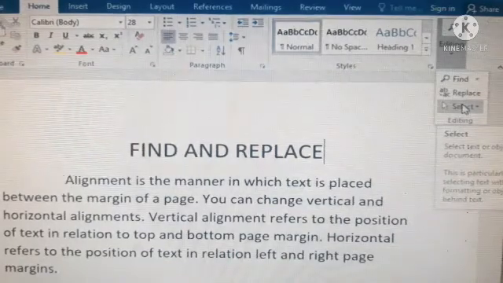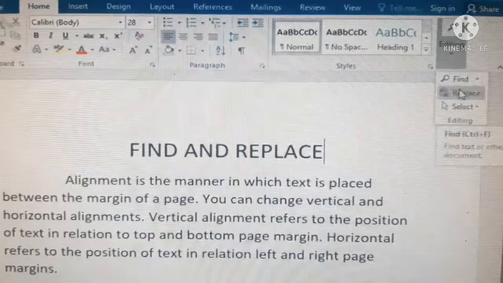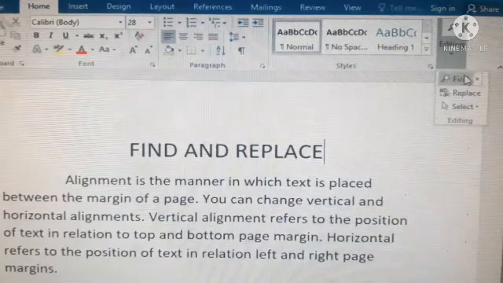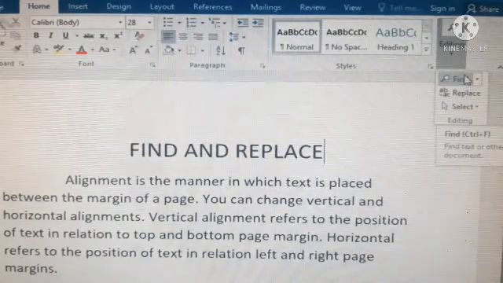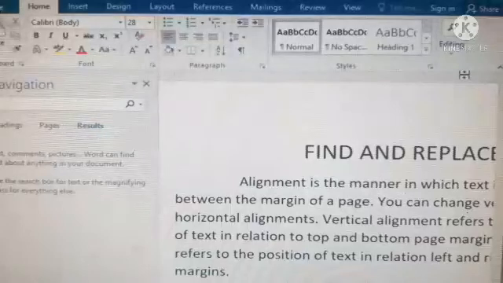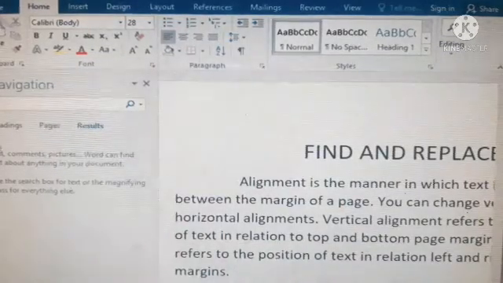Editing group. The editing group has 3 commands: find, replace and select. First we are going to use the find command. We have to click on the find command. If you click on the find command, you can see the navigation pane. It appears on the left side of the